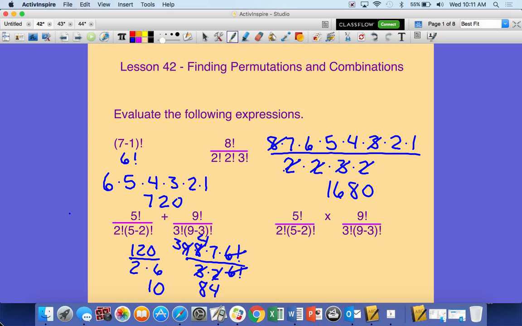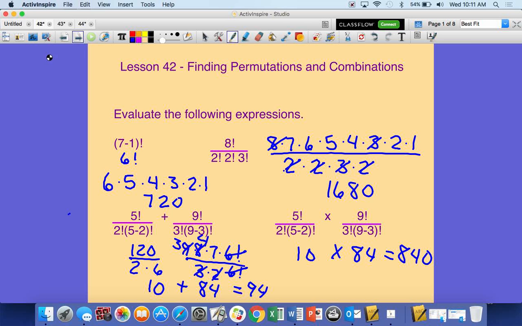And then all it says to do here is to add these. So we add these two together. 10 plus 84 is 94. All right, you can do the exact same thing with multiplication. You just got to simplify your fractions first. Okay, and when you simplify this whole thing, this turns into a 10. Simplify this whole thing, this turns into an 84. Multiply those together, we get